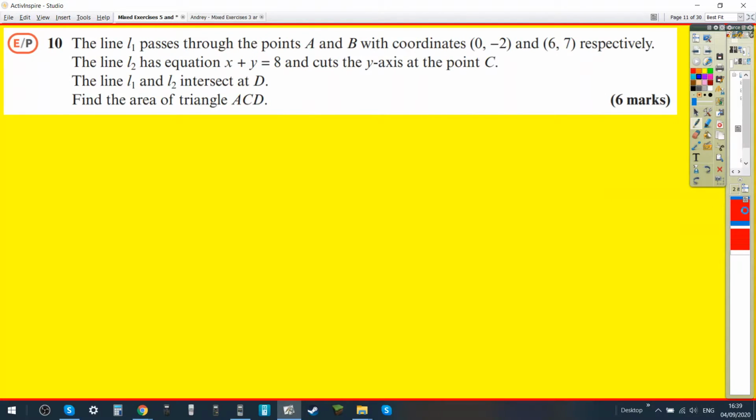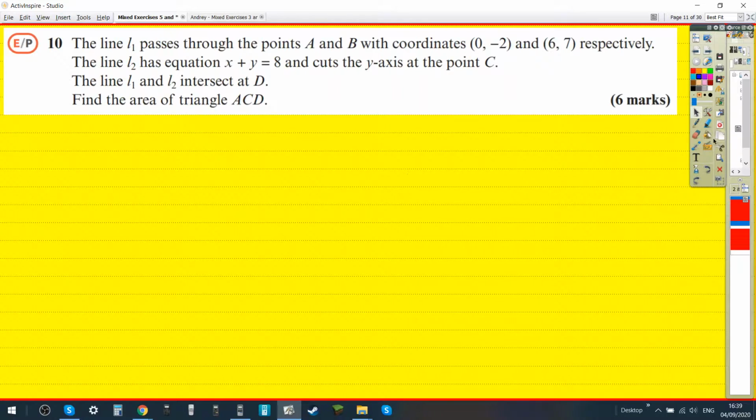All right. I know one passes through the points A and B. So I think I need to get the equations of these. Do I need to first of all get the equations of L1 and L2? Yep. And so, if I do 7 minus 2 over 6 minus 0,